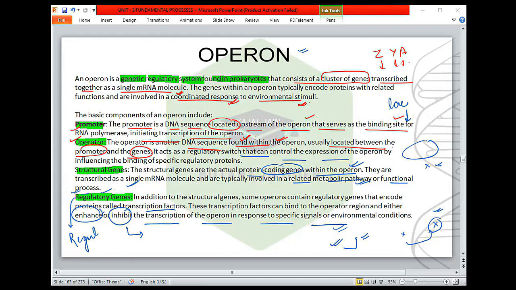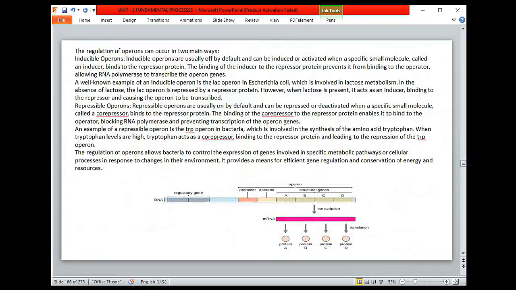If the lactose is there, the bacteria need to break it down to derive energy from it. But if the bacteria is not having lactose, there is no point having the lac operon in the active state. It has to be inhibited, right? Is it clear to all? Right, this is about the basics of the same.